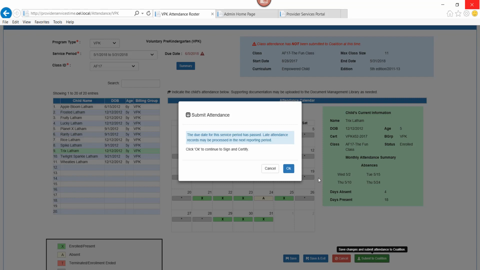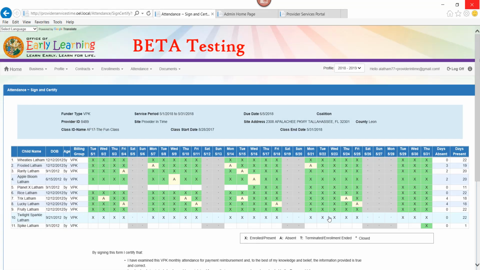What this means is the Coalition has the option to pay this roster in the current payment cycle that they are working on, or they can move it to the next because this attendance is being submitted late. This is something that's noted in the VPK 20 contract, that late attendance may or may not be processed in this current cycle. So that's what this is saying, and we can click OK, and we can move on to